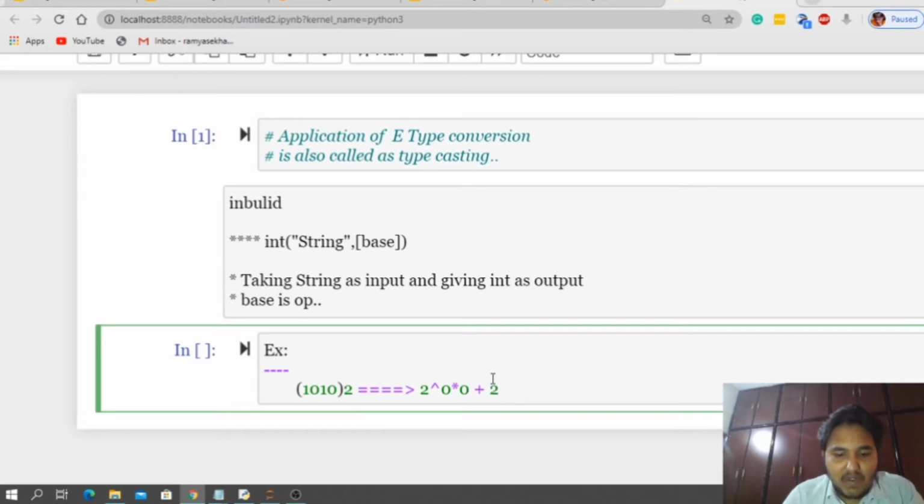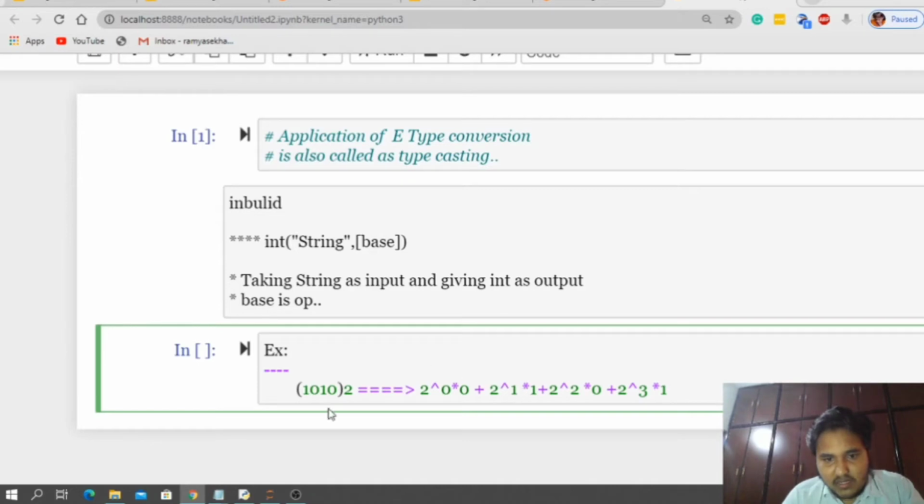2 power 1 into 1, plus 2 power 2 into 0, plus 2 power 3 into 1. Is this clear?